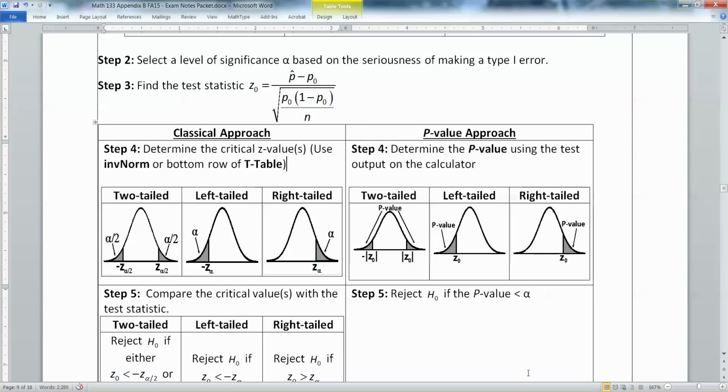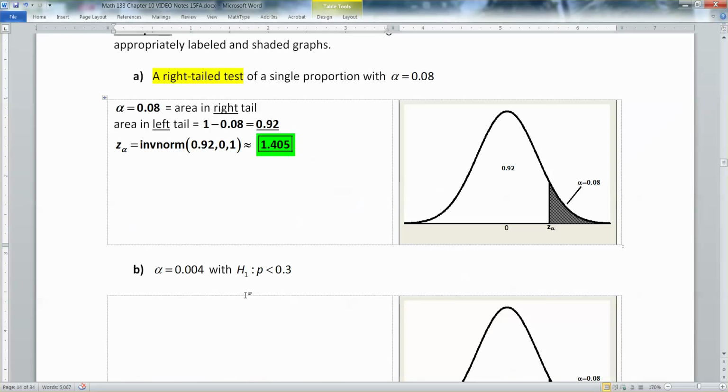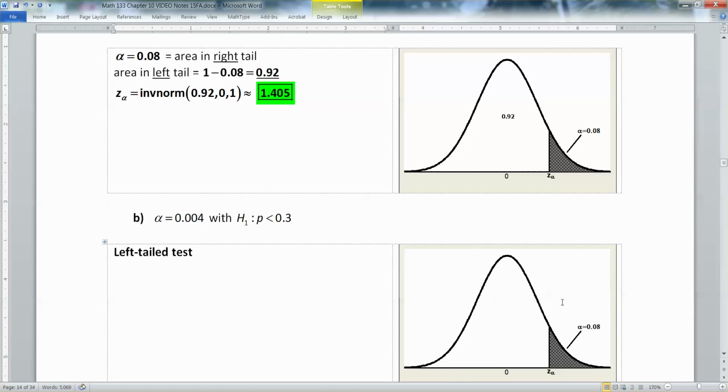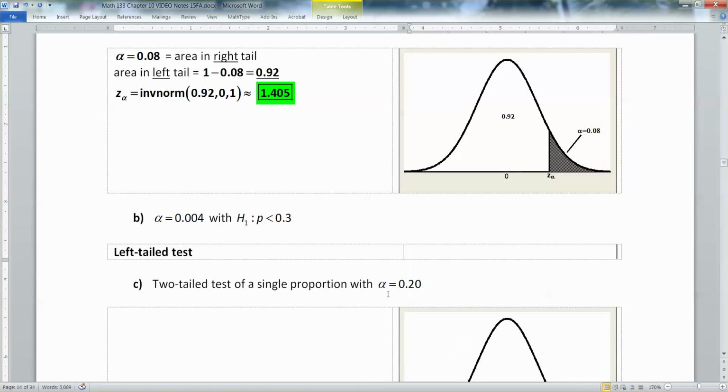All right, so let's go back to the problem. Now we want alpha to be 0.004 with H1, your alternative hypothesis, written like this. Well, that's a left-tailed test, right? And since it's a left-tailed test, that means that we're going to need a different picture. We don't want a right-tailed picture, we want a left-tailed picture,